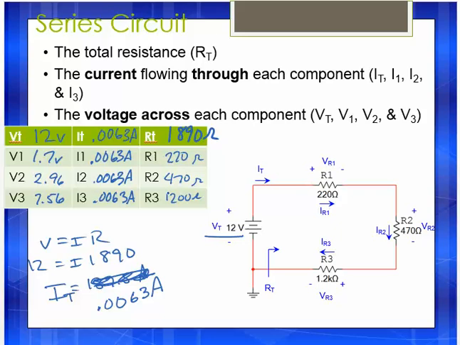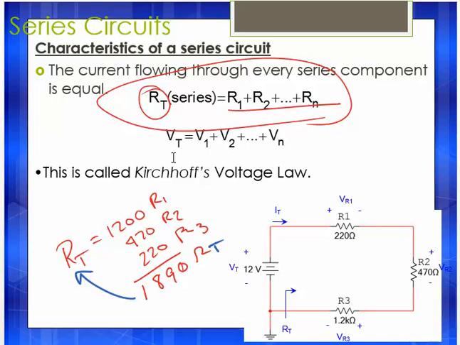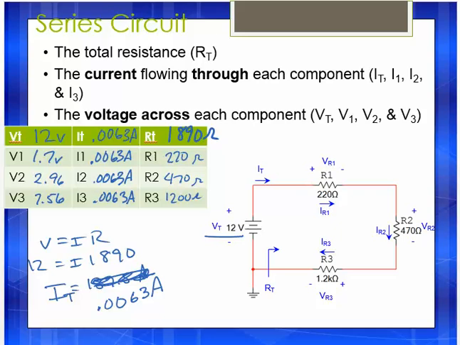One of the things I also want to point out to you is Kirchhoff's law. That means we can take our VT and simply get it by adding up the other voltages. So this is a way you can always check to see, am I correct? Because we're rounding, we're not going to get an exact number. But if I add them,